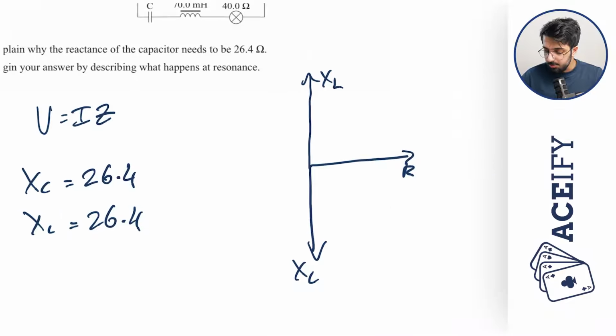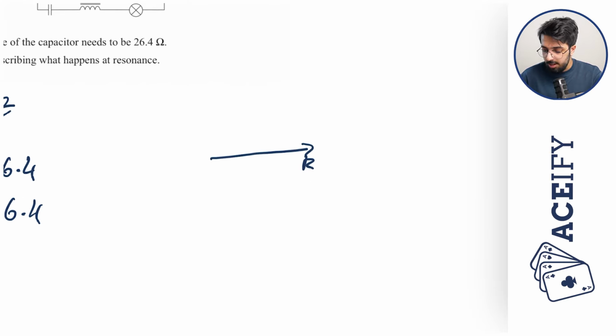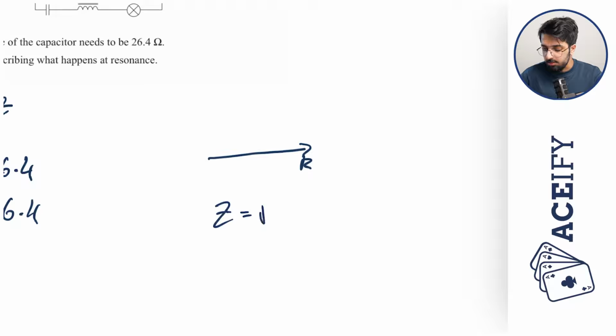The reason for that is because, as you can see, they're 180 degrees out of phase. And so therefore, if their magnitudes are the exact same, but their directions are opposite, therefore they're going to perfectly cancel each other out. Therefore, our phasor diagram will collapse into just our resistor, and so therefore, if we apply vector addition to the resistor and nothing else, we get that the total impedance is equal to the resistance value,